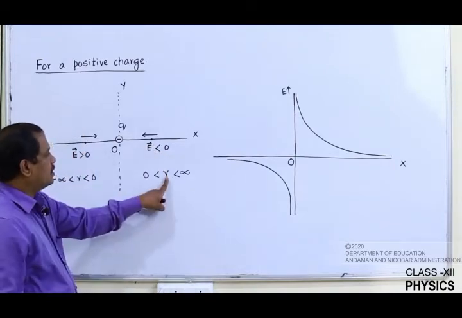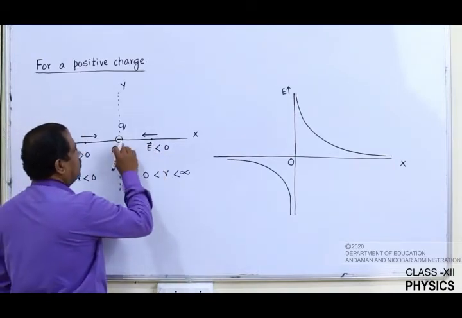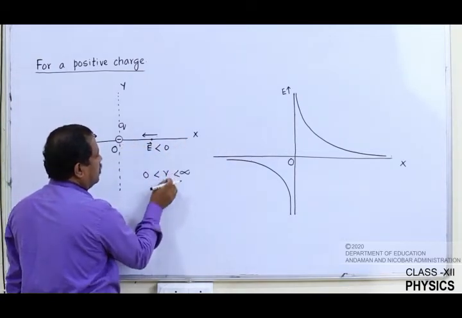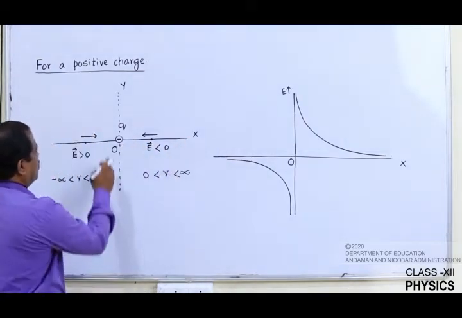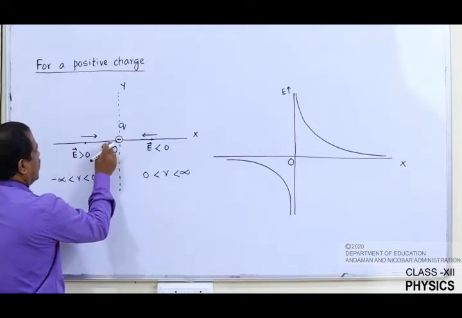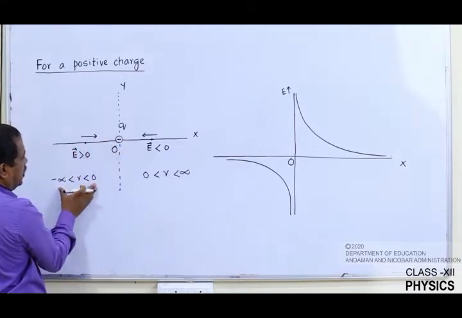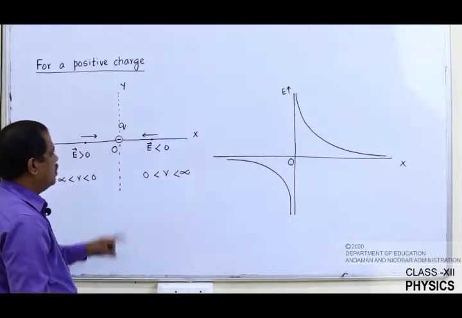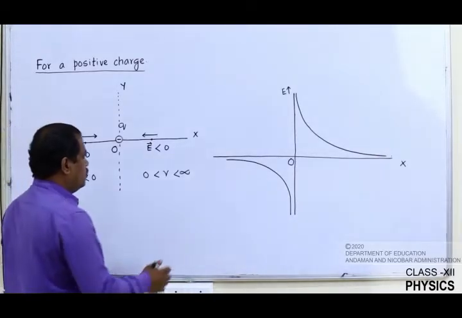This point holds good the same, because you can have all points here from 0 up to infinity. And similarly, on the left of the origin, we can have the collection of points which will lie in between 0 and minus infinity. For this, if I try to plot a graph, then